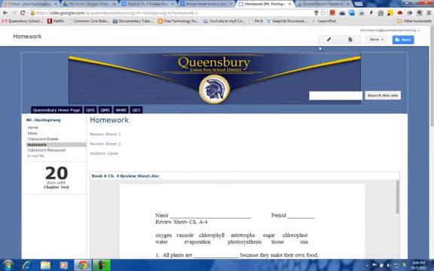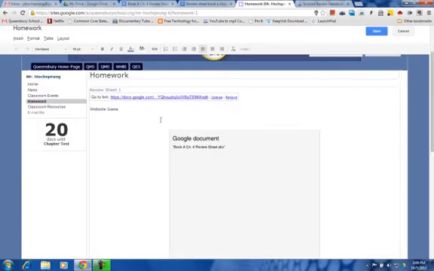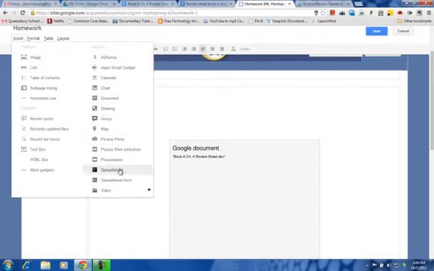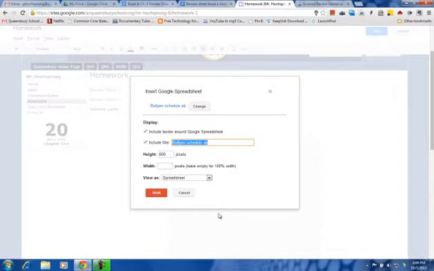If I would like to add something else, I'm going to click the Edit button. I'm going to get my cursor where I want it, so I'm going to put this next item above the Google document, and I'm going to go to Insert, and this time I'm going to go to Spreadsheet. If I go to Spreadsheet, I see a number of spreadsheets that I can use. So what I'm going to do is I'm going to click on this first spreadsheet, and I will click on a different spreadsheet. I would like this spreadsheet right here, and I will click Select,